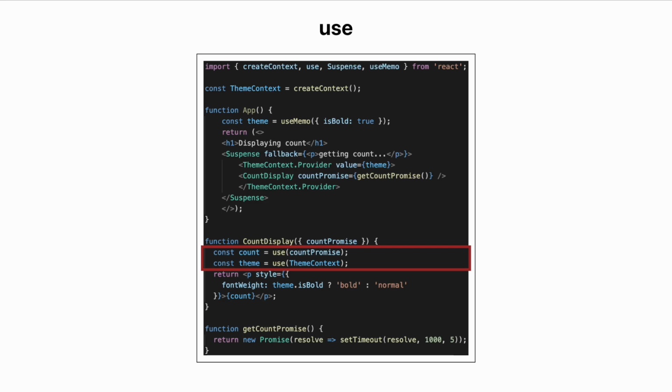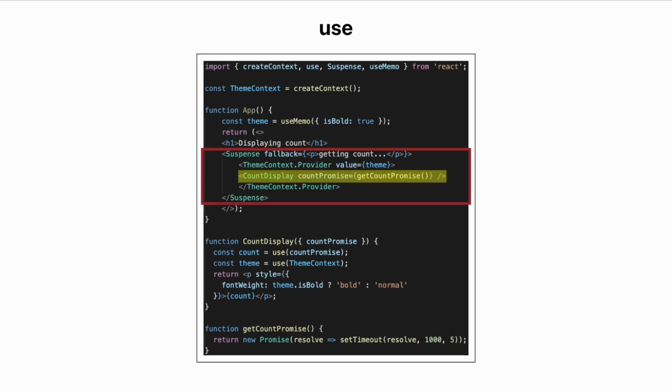But we already have hooks like useContext to read the context and useEffect where we can perform these async operations. Why do we need the use API? Unlike hooks, the use API can be called within loops or conditional statements. Like hooks, the use API must be called inside a component or custom hook. Also, when we pass a promise to the use API, it integrates with Suspense and error boundaries.